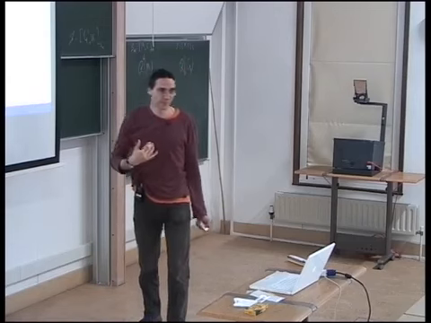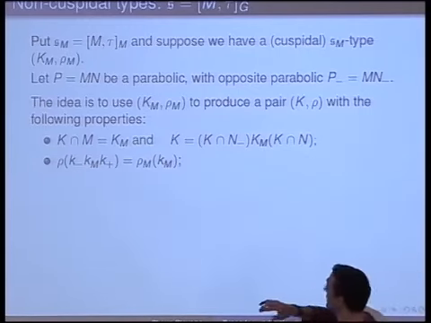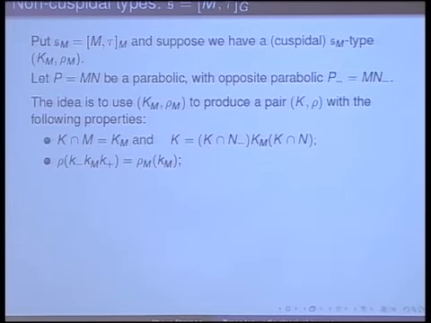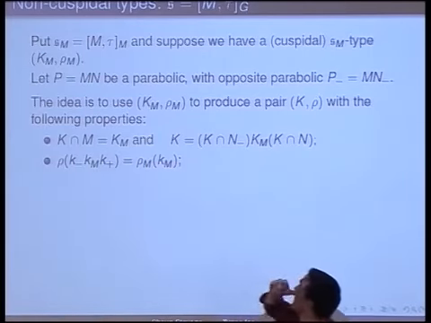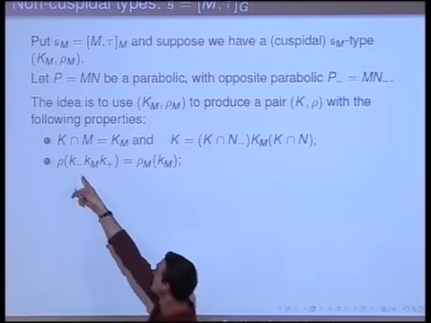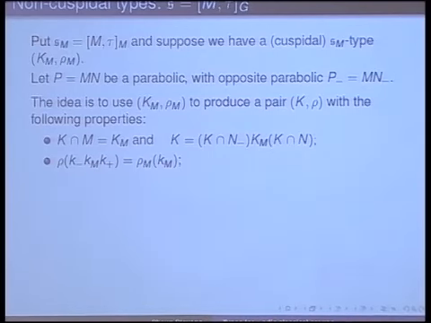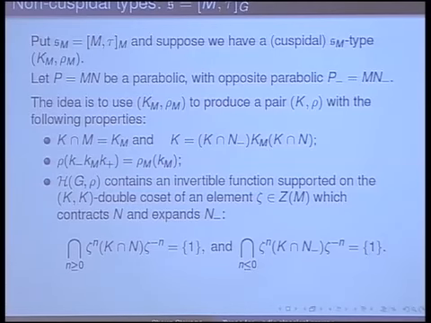And so the list of properties that we need are the following. The first two are fairly straightforward. We want to find a compact group in our big group which will have an Iwahori decomposition. So we can decompose it into the lower triangular bit, the diagonal bit, and the upper triangular bit, so that the diagonal bit is what we started with in the Levi. And likewise, the irreducible representation should just be given by what we had on the Levi. So here we just ignore what's in the lower and upper triangular parts, the unipotent parts. And the last condition is a little odd. Well, it looks a little odd at first.